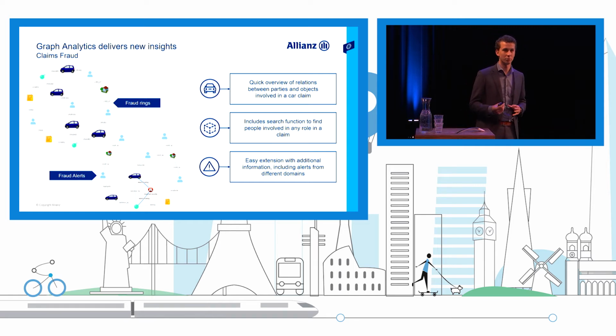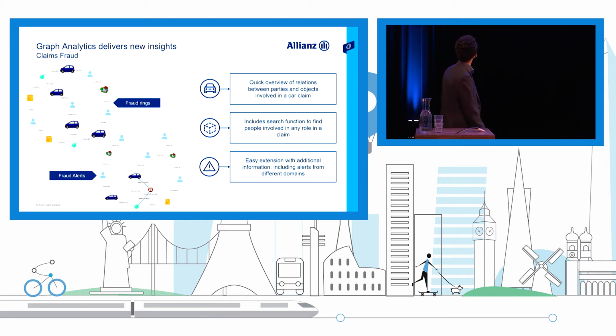And from a traditional perspective, these roles are all separated. So in a SQL database, you would have a column with insured person, driver, witness, and it's very complicated to, first of all, find these people, and second of all, to link them and to see links between them throughout different claims. And the example that we brought here,